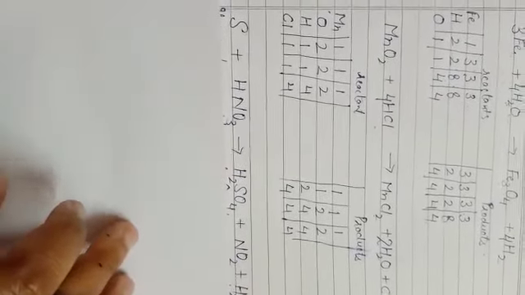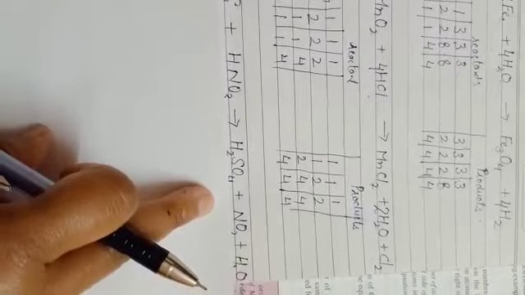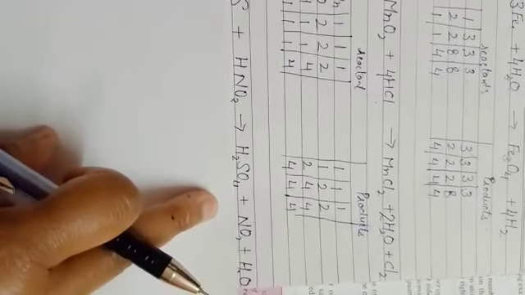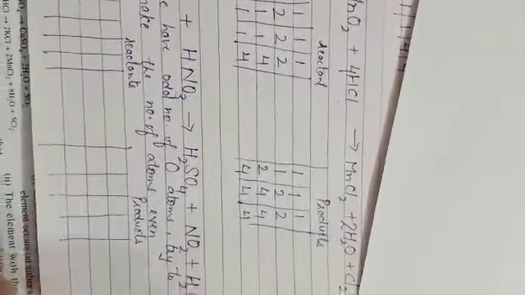Students find difficulty to balance this equation, but there is one trick: if we have an odd number of oxygen atoms or any other atoms, then try to make the number of that element even. Then we can balance the equation easily. Now see,